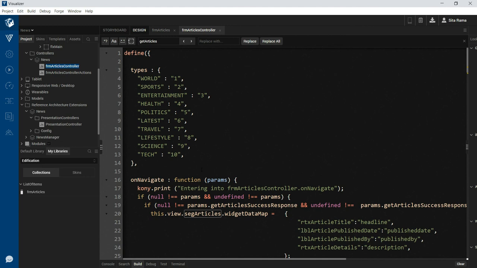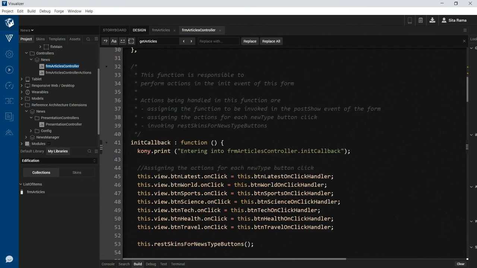Clearly, we are only getting the data from the UI elements that we have on this form, setting the data to the UI elements that we have on this form, and for navigation to other forms or for invoking service calls, we are making use of the presentation controller and invoking the functions which are there in the presentation controller from this form controller.